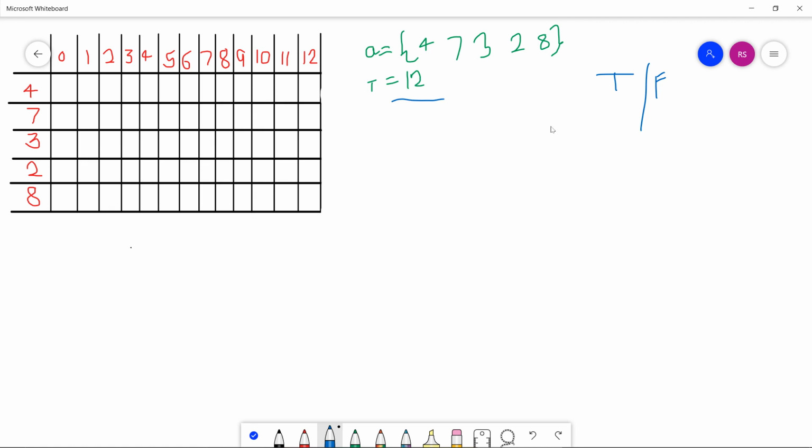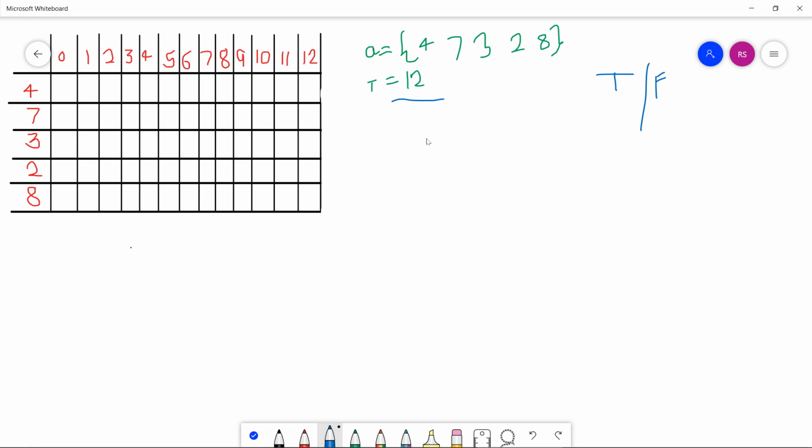We do not have to count the subsets, how many subsets are there whose sum is 12. We just tell whether any subset is present or not in the array. So the approach I'm using here is a DP memoization technique, where we analyze the previous results stored in the matrix to calculate the current result.